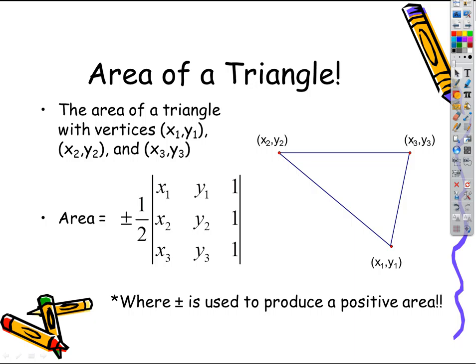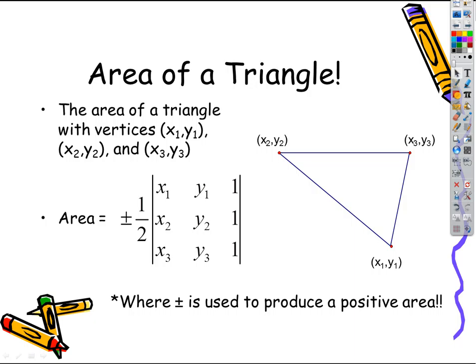Yes, sir? Why does it say plus or minus? Okay, and that's right. What it really probably should say is absolute value. The reason I think that they don't have it listed that way sometimes in formulas is because absolute value looks like a determinant when you're dealing with matrices. So all that plus or minus means is the area that this gives you is going to have either a positive or a negative sign. You always want it to be positive, obviously, because it's an area, and areas are always positive, right? So if you get a negative answer, what do